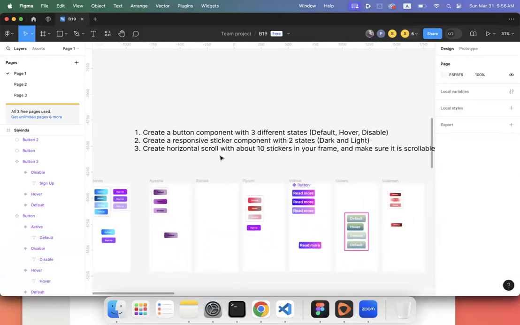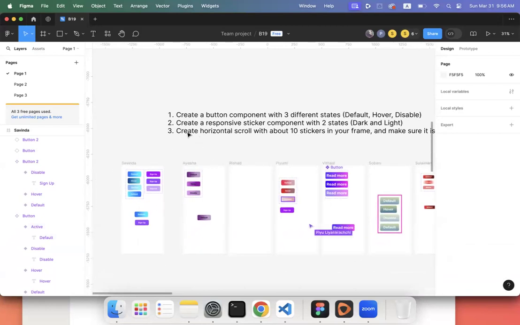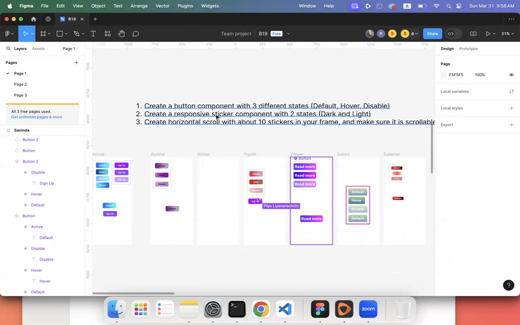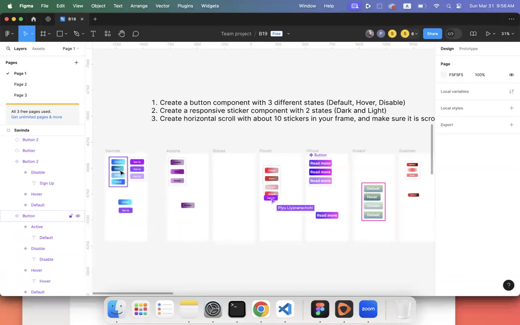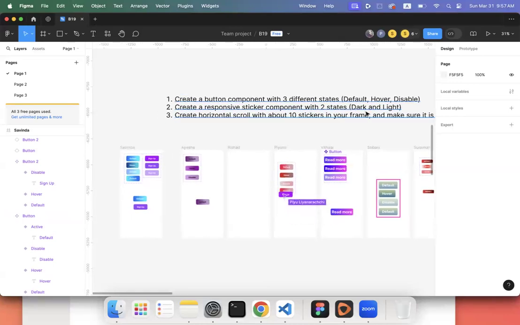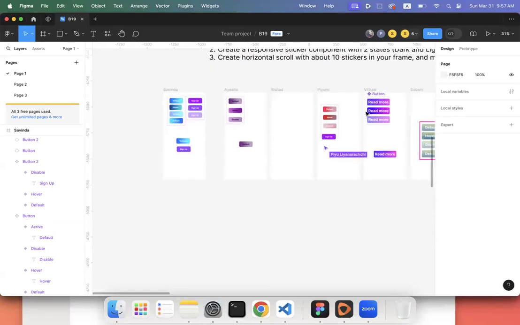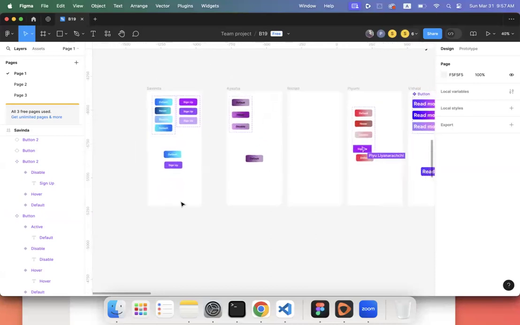So now we have done this first part: create a button component with 3 different states. Next, create a responsive sticker component with 2 states, dark and light. So I want you to use this button asset you already created and create a responsive sticker component with 2 states, which are dark and light. So how you can do that is, first you have to